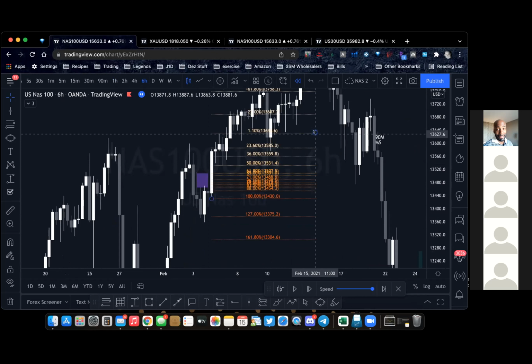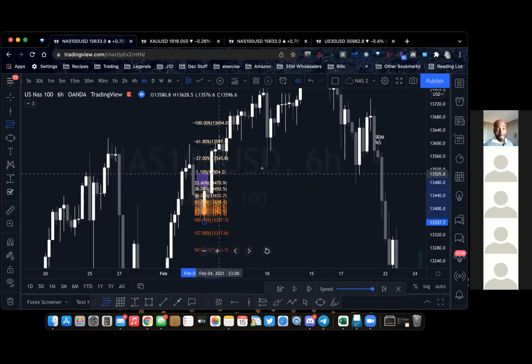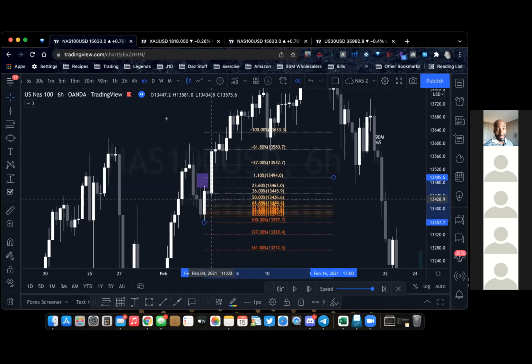Okay. So that wouldn't have been a good area to use for the 6 hour. This would have been a better area to use for the 6 hour. Sorry about that. It's the only thing I don't like going back in time for. Sometimes you can't see it all. This would have been the area for the 6 hour to use. Yeah. So again,